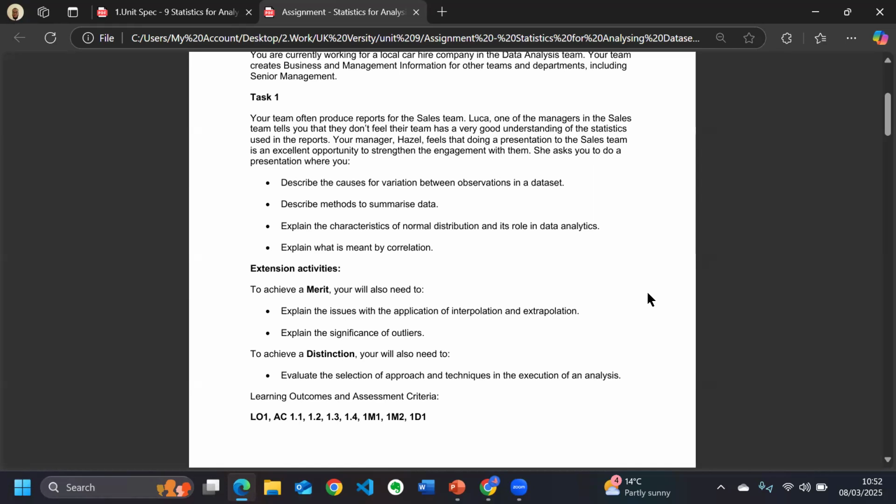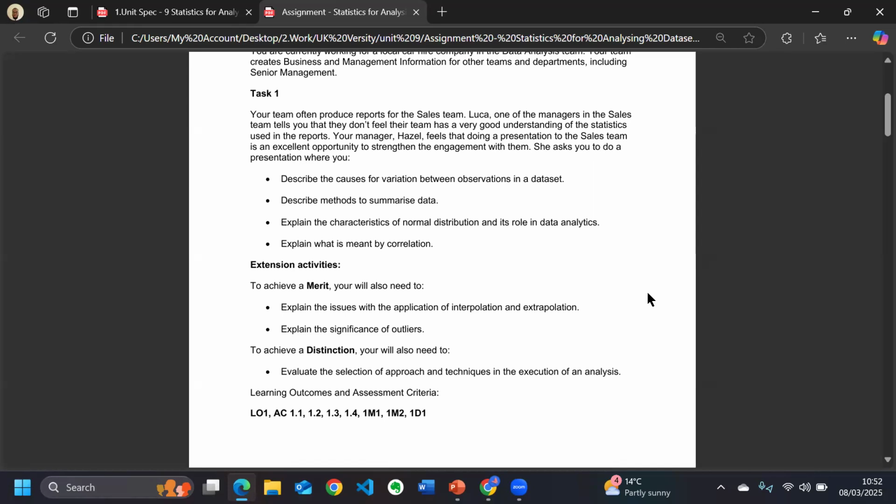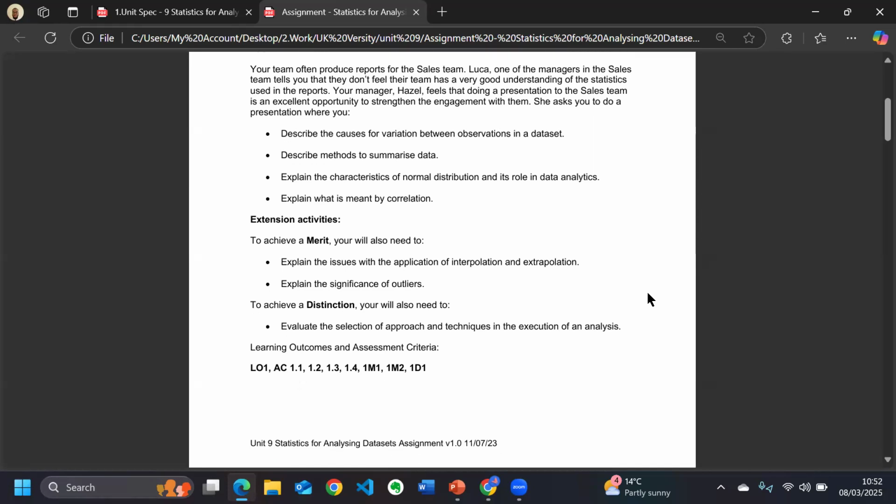So she asks you to do the presentation where you describe the case for variation between observations in a data set, describe methods to summarize data, explain the characteristics of normal distribution and its role in data analysis,